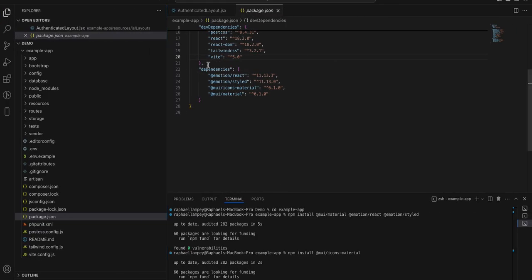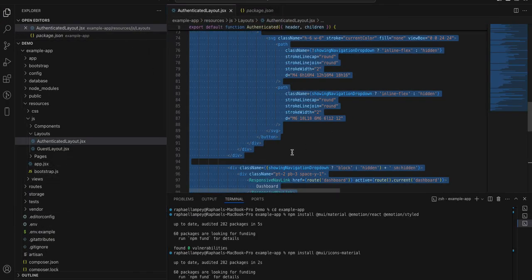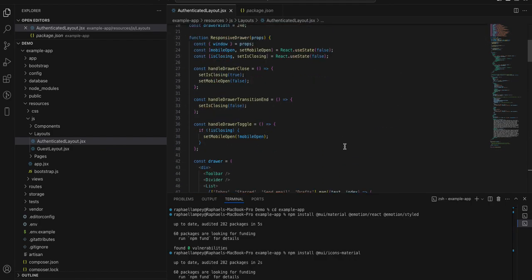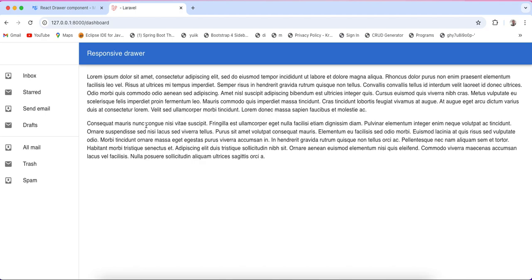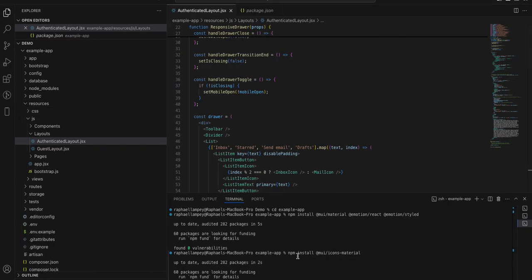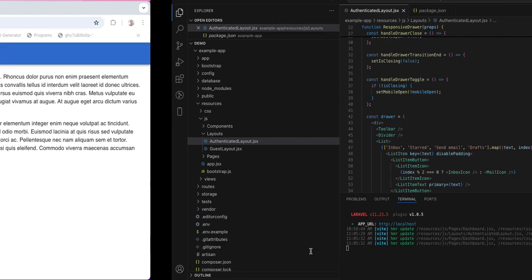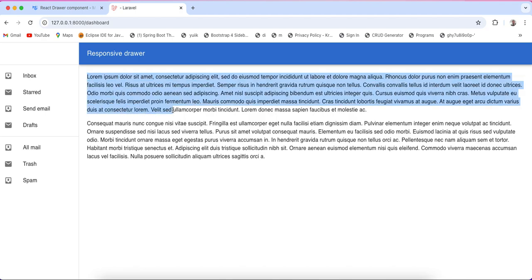So let's move on to the authenticated layout, and let me remove all that is there and paste what I've just copied from them. There's no error. Let me run, and wow, one beauty about this Vite is that the moment you run npm run, it keeps on compiling as you are copying and making changes. I have not clicked on any refresh, but automatically it refreshes the page and everything